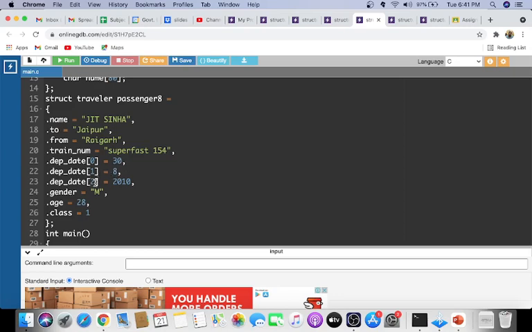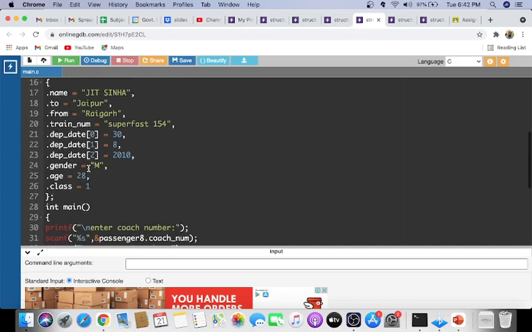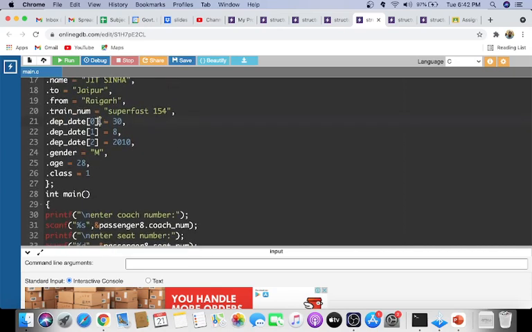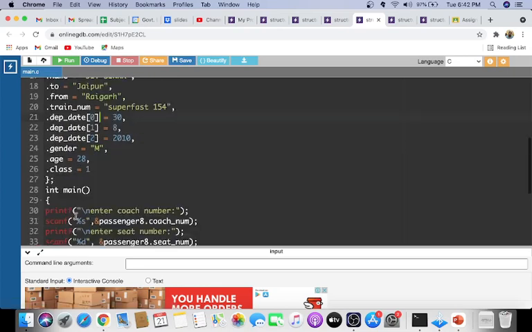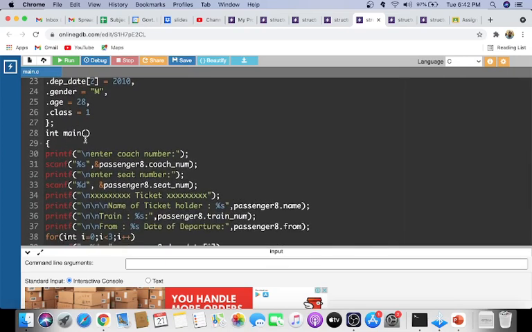Departure.date[2], I am storing 2010, that is the year. Then gender equal to m, .age equal to 20, then .class equal to 1, and it should end with a semicolon. So this is actually initialization of the structure. This initialization can be done inside the main program also, even though I have initialized this globally. So you can do it inside the main program also. I have done it outside the main program.